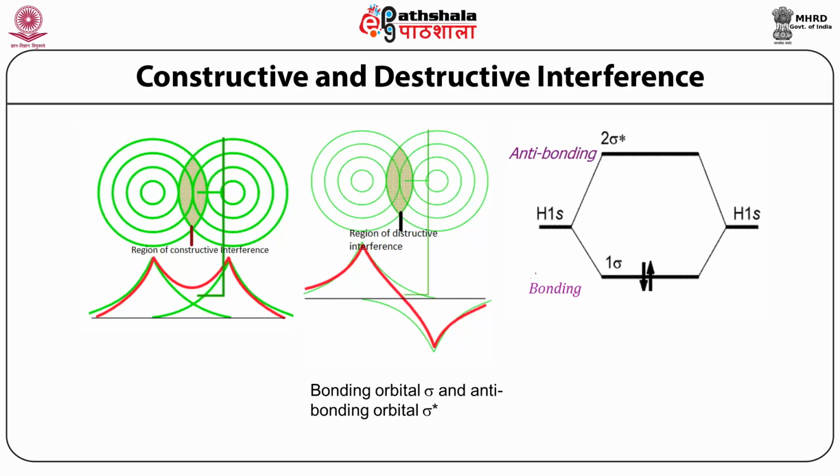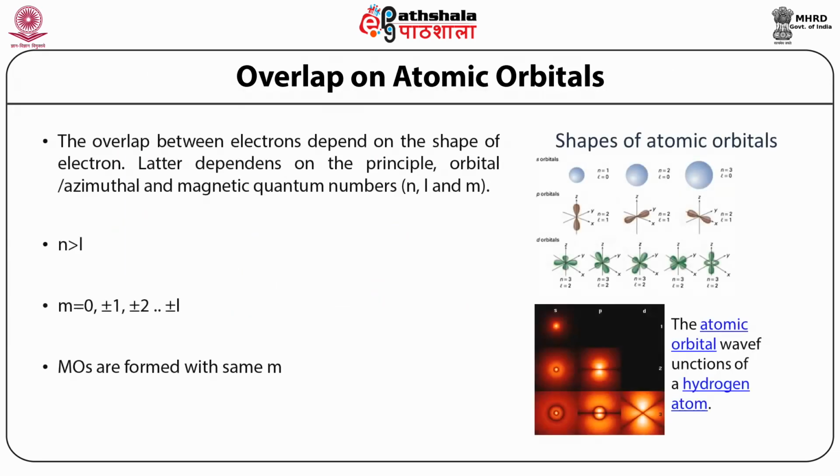The bonding orbital sigma and antibonding orbital have great importance in electronic transition. Let us see how the overlap between the atomic orbitals takes place. This depends on the shapes of the orbitals, and the latter depends on the principal quantum number, orbital or azimuthal quantum number, and magnetic quantum numbers. Just for example, as shown in the upper figure on the left hand side,